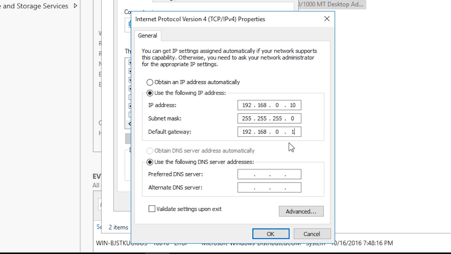192.168.0.1. Now, for the preferred DNS server, I'm going to type in what's called a loopback IP address. Basically, this IP address points to the virtual machine or the computer itself. The loopback IP address is 127.0.0.1. We can leave the alternate DNS server blank, or if you want, you can enter Google's DNS server, which is